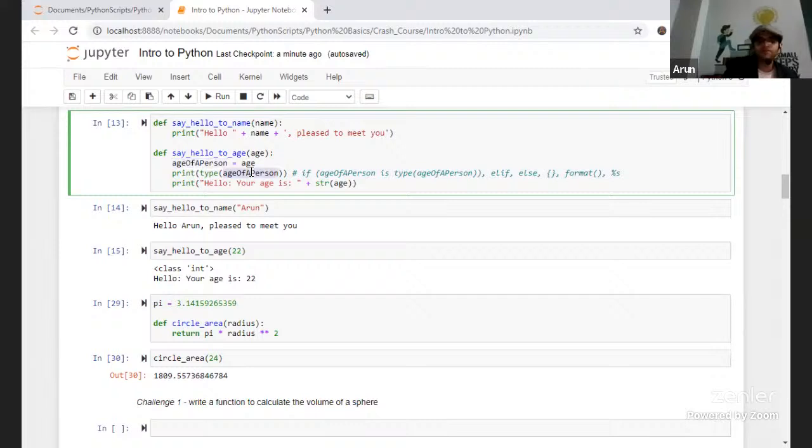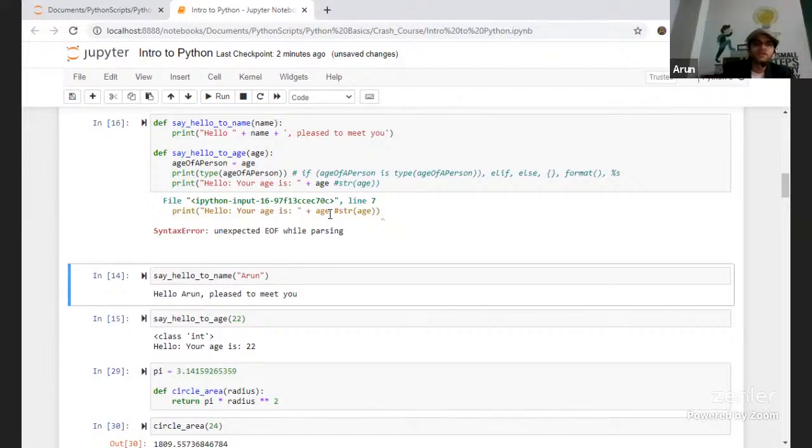Now when you try to print the type of age of person, this class will come as integer. Now, when you try to print hello, your age is string of age, what we are trying to do is, let me do one thing. If I just put it like this, what will happen?